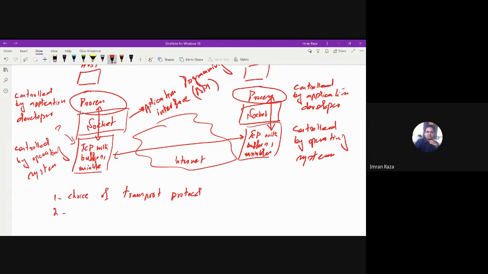So what else does the application developer have access to? It has access to transport layer parameters. Parameters such as, what do you all think? Parameters such as maximum buffer and maximum segment size.